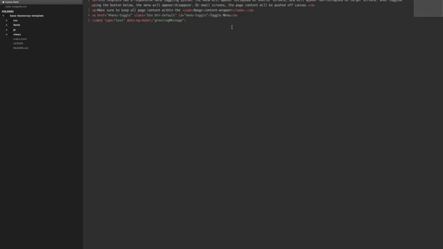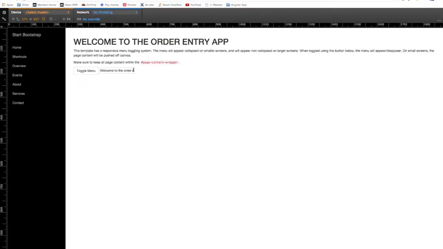But the really cool thing about Angular, why I like it, is it lets you do a lot of custom stuff too. So if you had some type of custom functionality you needed for the filter, you can always create your own filter and manipulate the data as you need to there. But we're just going to use one that's built in called uppercase. So if we refresh the page here, you can see the data in the input is still set to what it is in the model, but the header has now been transformed to be all uppercase. So this is a simple example, but you can kind of see the power of that if you need to start handling data in different ways for different scenarios, maybe formatting a phone number or something like that. So that's a really cool piece of Angular